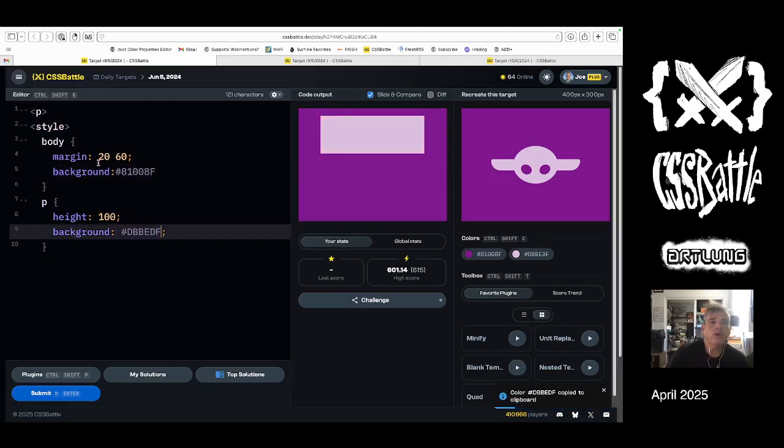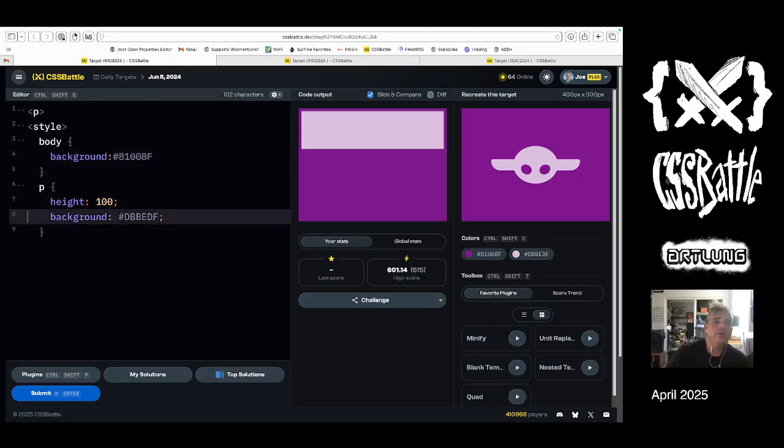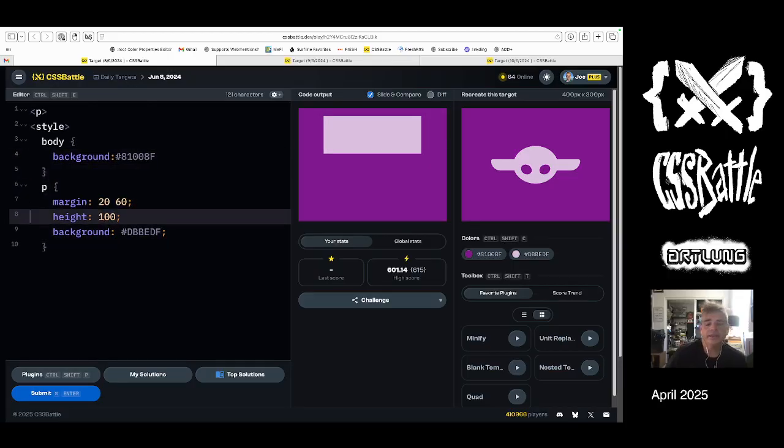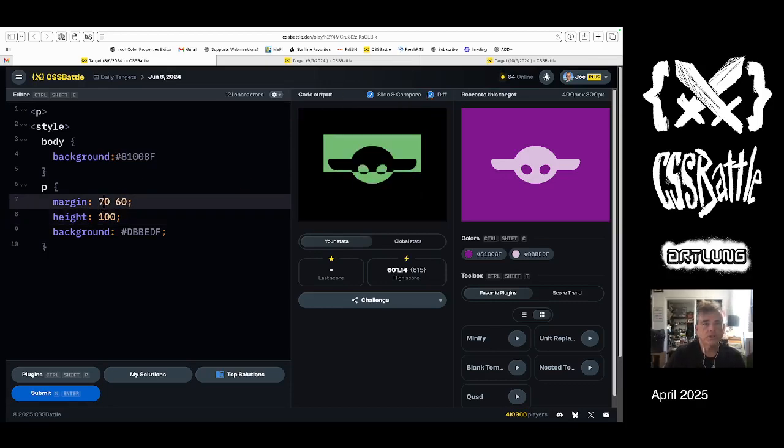So I'm going to do it one piece at a time, and I'm going to do 4 paragraph tags. Each one is going to have margins and heights and modifications to get things into place. So let's get right to it. So let's set margins 100. There's 100, and it is 100 pixels tall, and then margins on the sides to do the first part, which is this